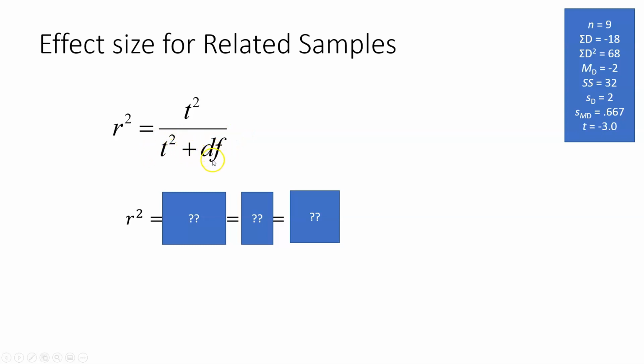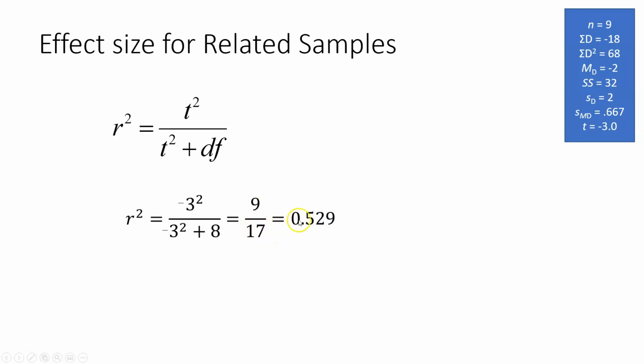You remember we had 9 participants in this situation, so you use the degrees of freedom 8, and our t here is -3. So you square -3 and put it over the square of -3 plus 8. If you carry that through, you've got 9 over 17. And if you divide that out, you've got 0.529. So your R squared is